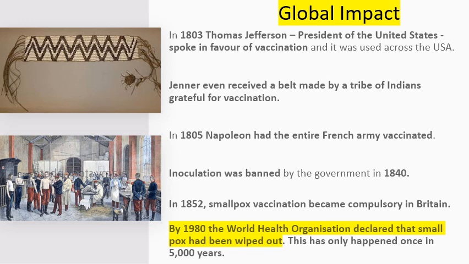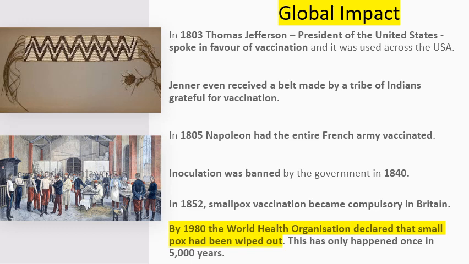At the time, the American First Nation, or Indians as sometimes they get referred to, were suffering terribly from smallpox. It had actually been used as a form of germ warfare against them by settlers. As they moved west across the plains, they would give blankets that were taken from smallpox victims, deliberately infecting the Indian population, who would of course die out in their thousands. Suddenly some doctors stepped in, because not everyone was horrible, and vaccinated them, and they never got it. And they inquired, where's this come from? There's a story of Jenner receiving a belt from an Indian tribe in gratitude for saving the tribe's life and